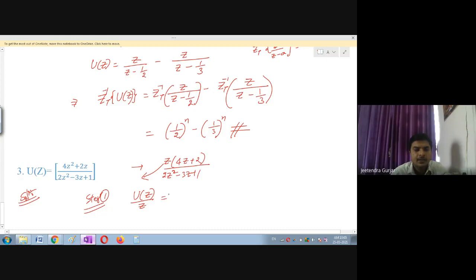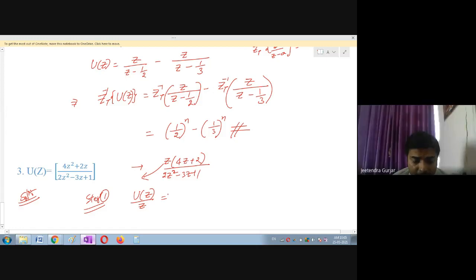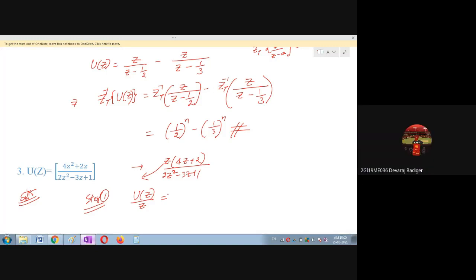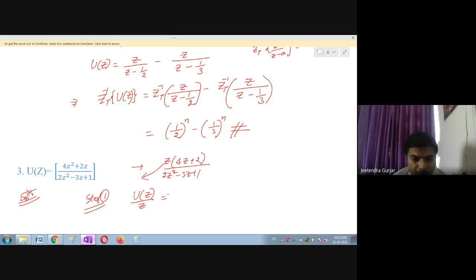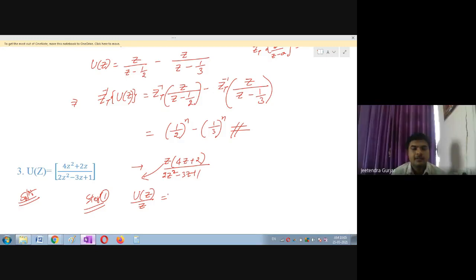Sir, if you take a z squared, then... Yes, beta, please tell me what you are going to take. If we take z squared, sir, z squared. You want to take z squared outside, but why? No, sir. In first order, we want to take the highest orders, right? In our numerator. There I will tell you.